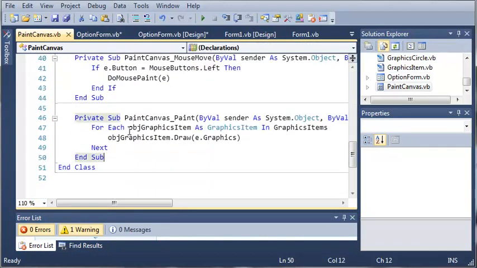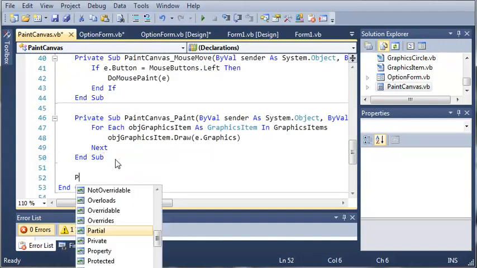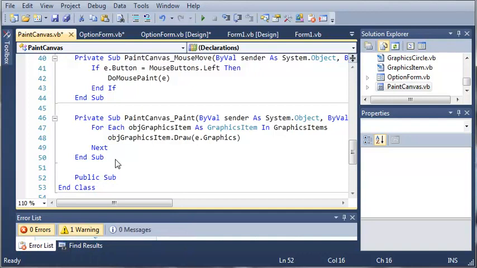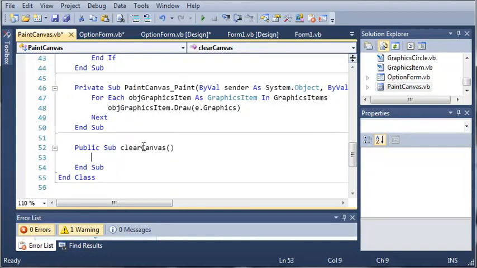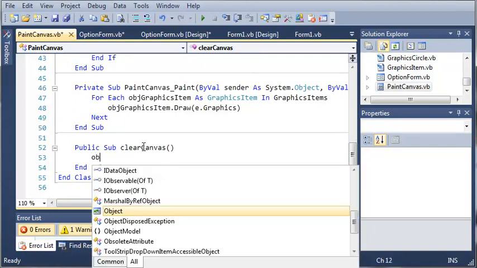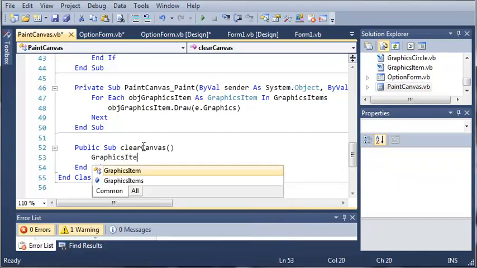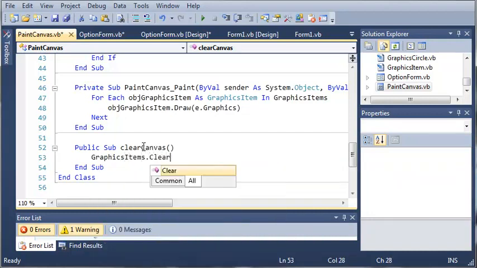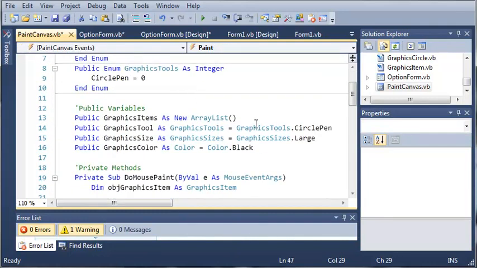So let's come over here into paintcanvas.vb, which is our class that the control uses, and we'll create a public method. So public sub clear canvas, and this isn't going to take any arguments. So we'll just access graphics items dot clear. So we created this array list called graphics items, and what graphics items does is it stores every